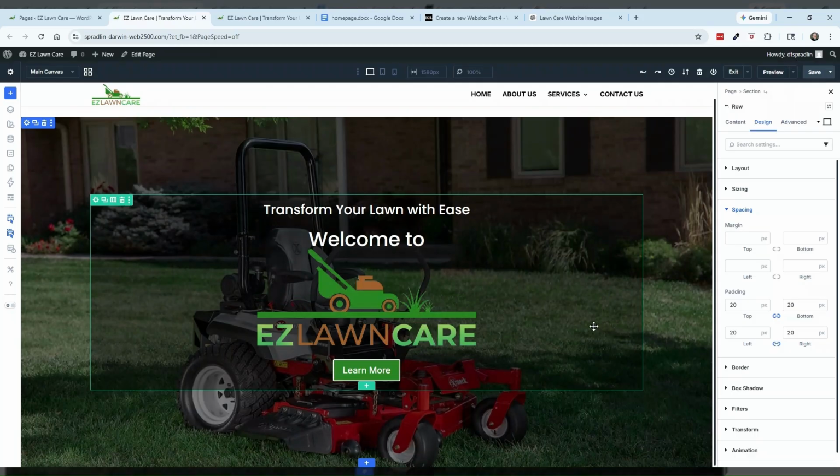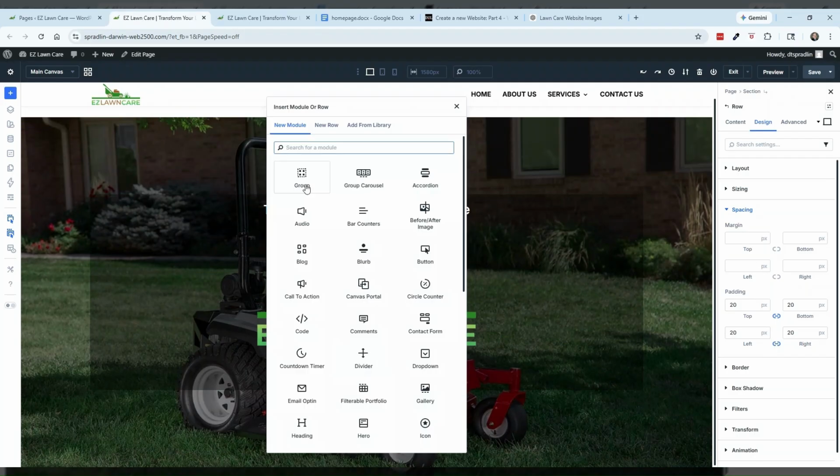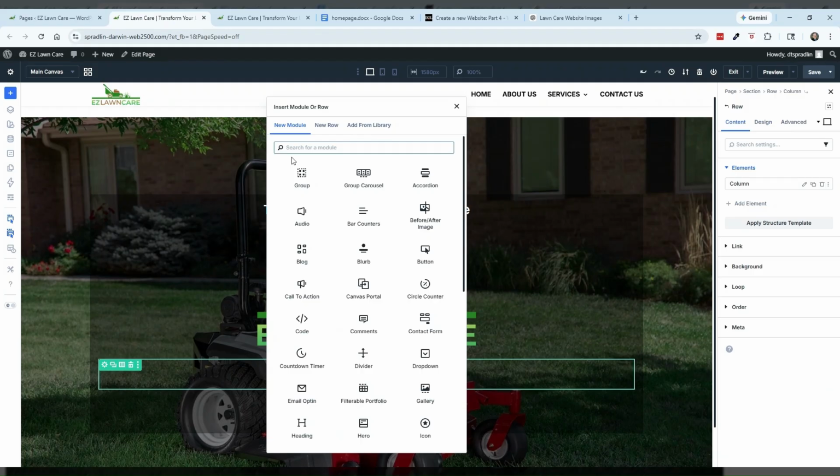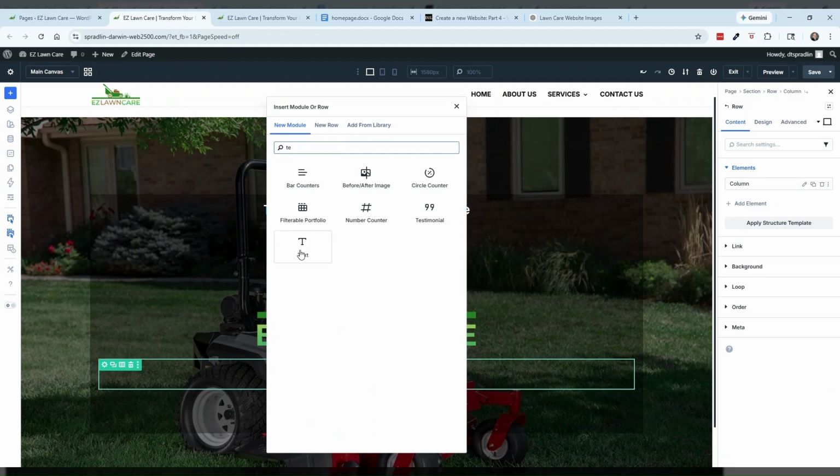We'll start over here. Go under your image and click add a new module or row. Well, for this one, we want to add a new row. This will be an inner row, but it just says new row, but it's an inner row because you're adding it to another row. So click it, make it a one column row, add a text module,